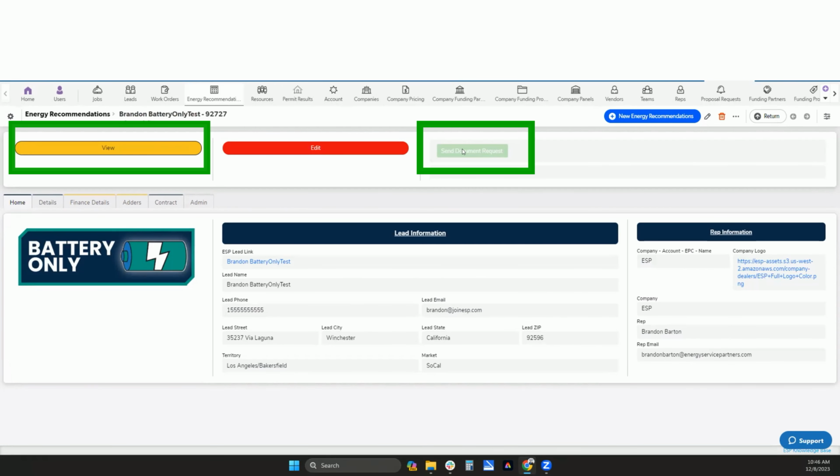Once you're good with everything, you will need to switch over to the view mode. That's where you'll get this nice big green button at the top to send the HIA, and then you're off